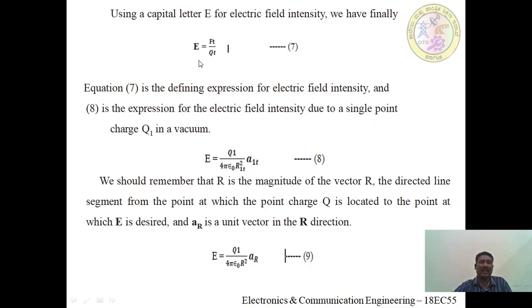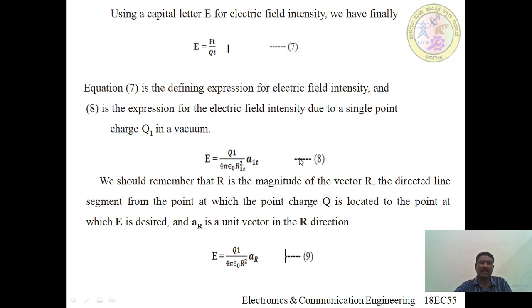See, electric field intensity is denoted by capital E. Electric field intensity is equal to the force on the test charge divided by the test charge. Ft by Qt is nothing but electric field intensity. Call this equation 7. See, equation 7 gives the definition of the electric field intensity,